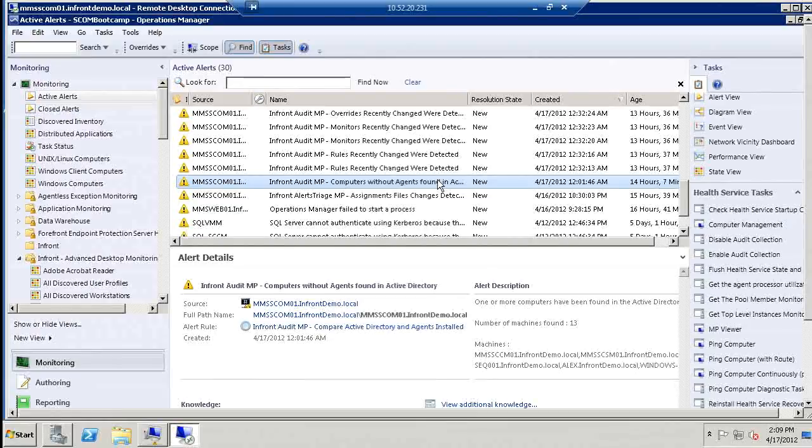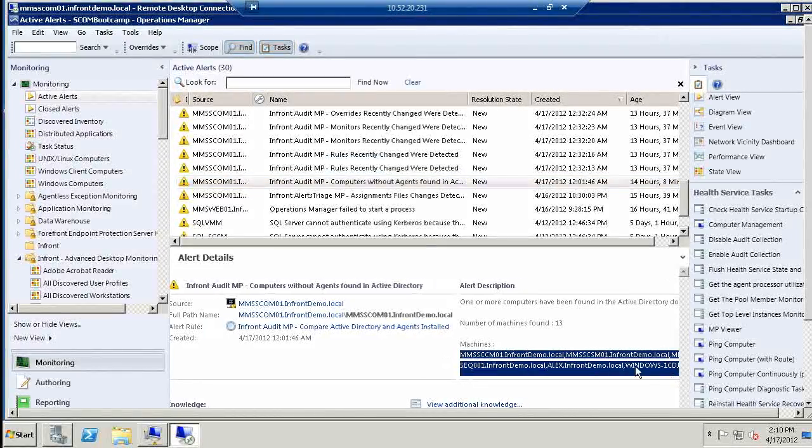And so what we're able to do here is through a rule, we can discover all of the systems within Active Directory and compare those to all of the systems in SCOM that have an agent on them, and then output the difference, so that you're able to determine whether or not the difference, the systems shown here, require an Operations Manager agent on them. And we should then take that as a remediation action and kick off an automated discovery,